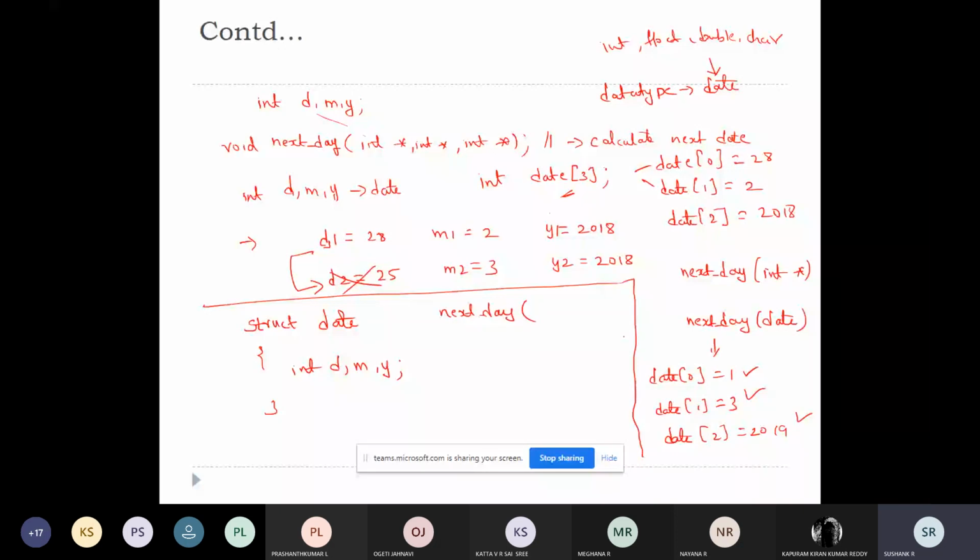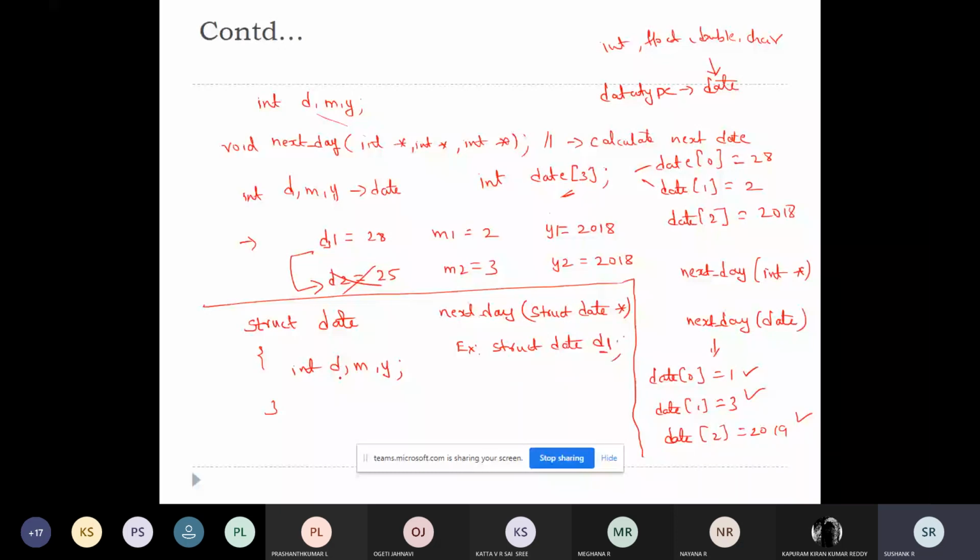After this, it will change the day. So now how to represent this? An example can be like struct date d. I will take it as d1 because here also I declared d1.